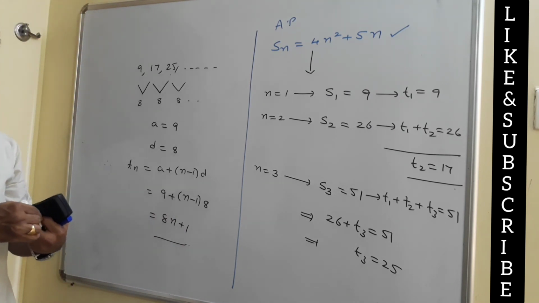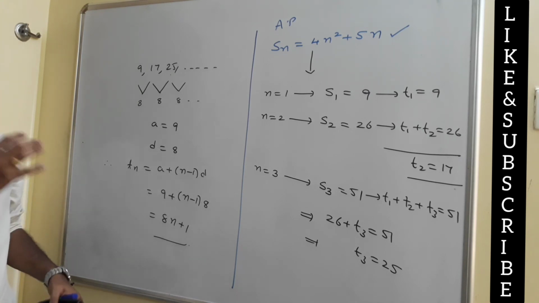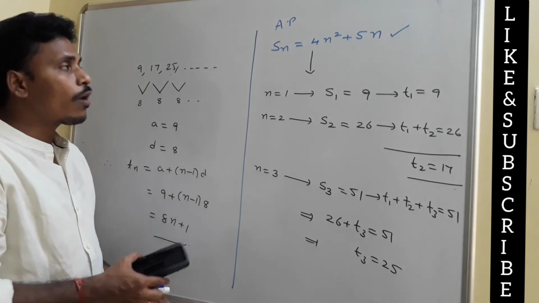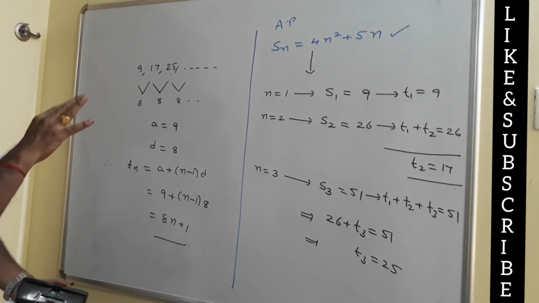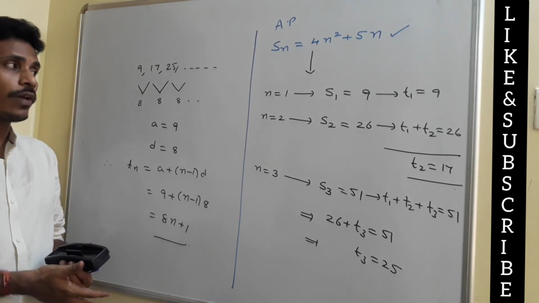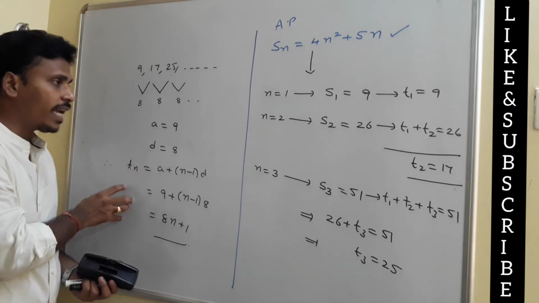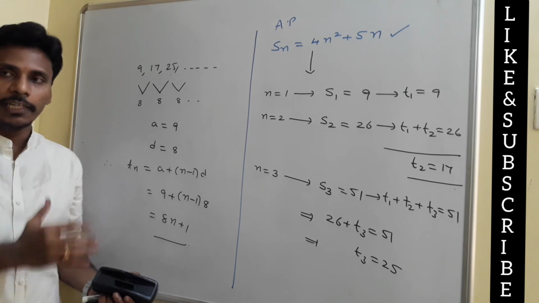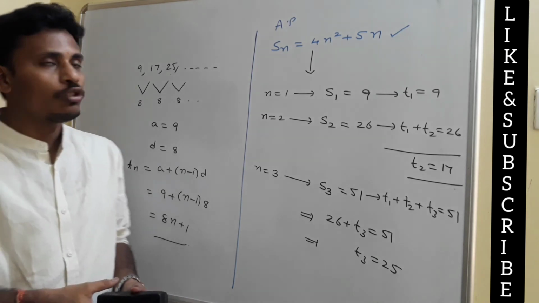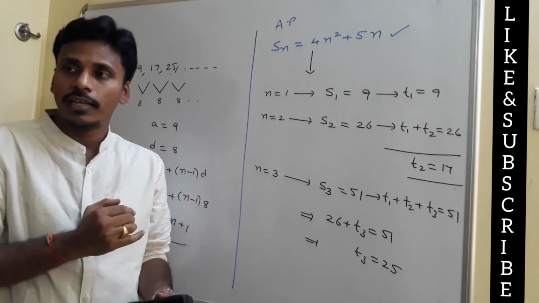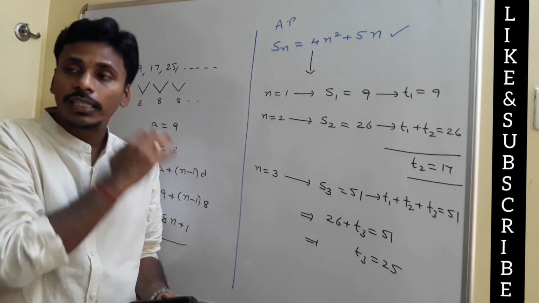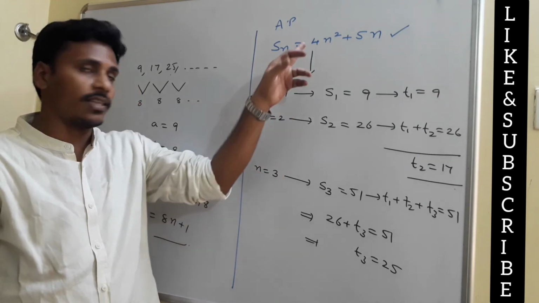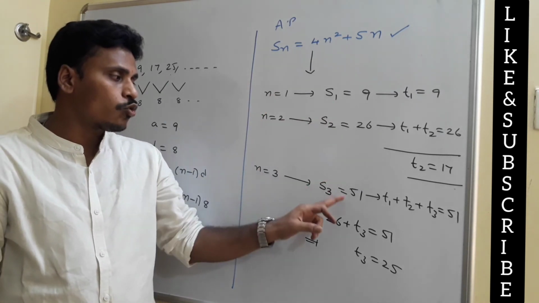Just have a look at this. Actually in the problem, they mentioned the Sn, the sum of n terms of the arithmetic sequence, as 4n squared plus 5n. Since I have the sum of n terms as 4n squared plus 5n, to find the nth term, my plan is first to find A and D. To find A and D, you just replace n with 1, 2, 3 in Sn, so you get S1, S2, S3.